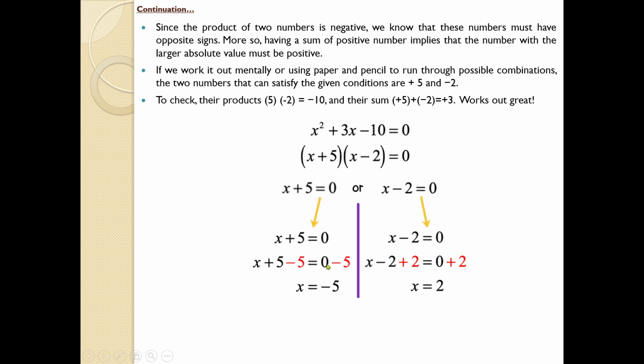I am not going to explain these two sentences. From this one I will say the answer. X plus 5 equal to 0: you have to shift the 5 to the right hand side of the equal sign, and then the sign of the number changes, so it will be x equals minus 5. Here x minus 2 equal to 0: the 2 has to be shifted to the right side, the sign also changes, x equal to 2. So the answer is x equal to minus 5 and x equal to 2. So these are the answers for this quadratic equation if you are following the factoring method.